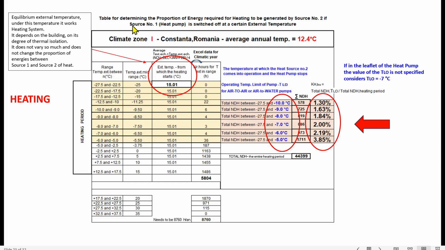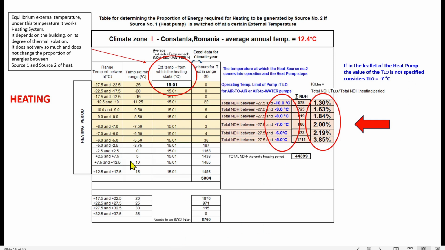Let's see now how to determine the proportion of energy required for heating to be generated by source number 2 if source number 1, the heat pump, is switched off at a certain external temperature, the temperature at which heat source number 2 comes into operation and the heat pump stops. The operating temperature limit of the pump, TLO, for air-to-air or air-to-water pumps is here, and here are the percentages. If in the leaflet of the heat pump the value of the TLO is not specified, consider TLO equal to minus 7